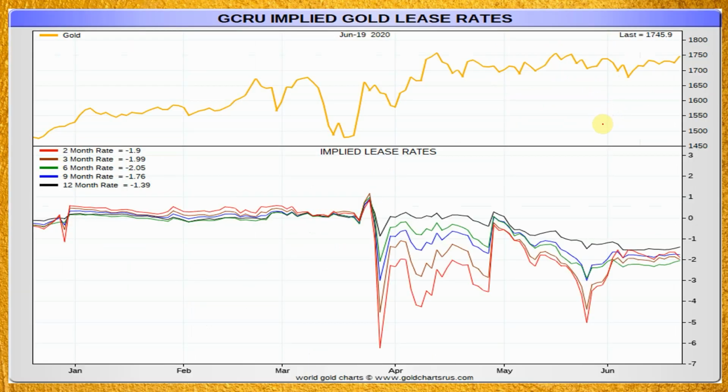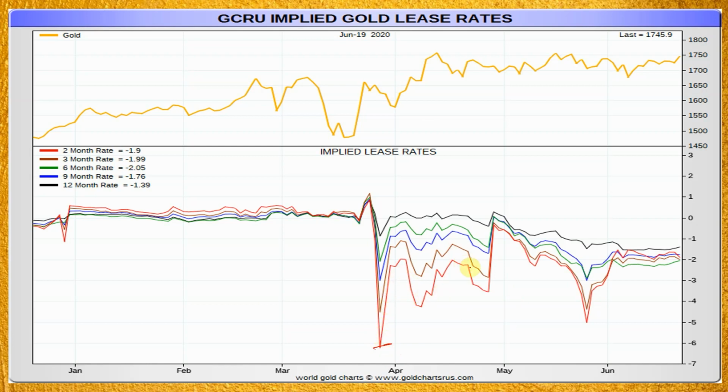And I thought we'd also take a look at those gold lease rates that we talked about in my video comparing the current times to 2008. And you'll remember that back in March, the gold lease rates went as low as -6%. So that basically means that if someone owned some gold, they would have to pay 6% to lend it to someone, which sounds very, very strange. And this is highly unusual.